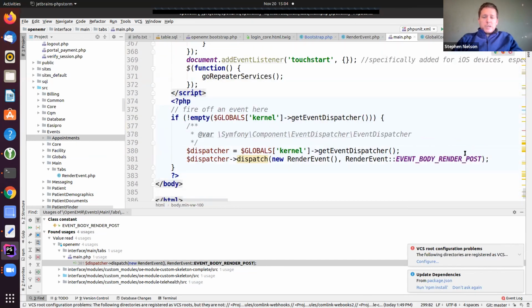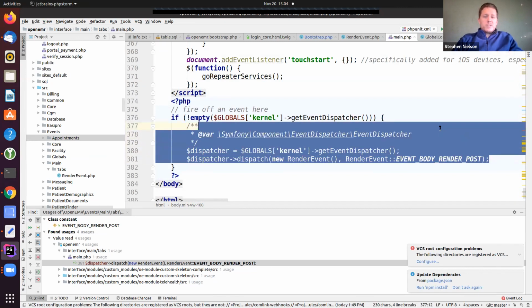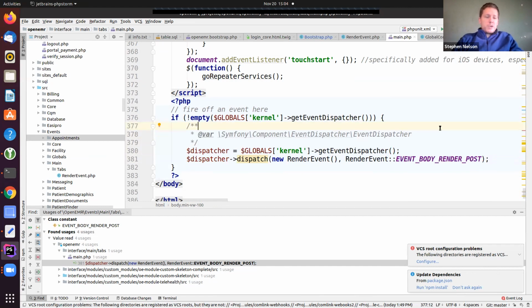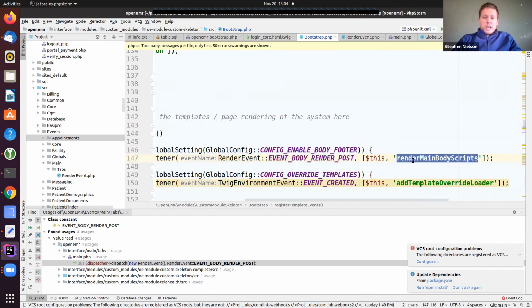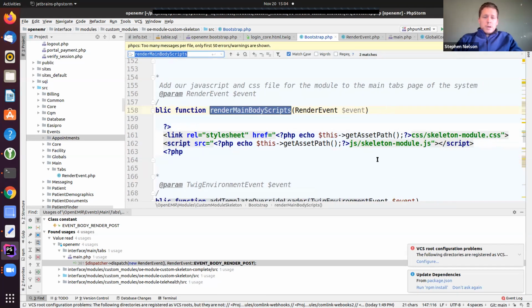And in this case, we do it here. And the reason why we're doing this versus the twig files is because this isn't twig yet, right? If it was twig, then you could come in and replace certain things without having to do the events, right? But here we've got our render event. And so that's going to dispatch that event. In our skeleton module, this is where things get pretty cool. On that render event, I can go in and I can add in my skeleton module.